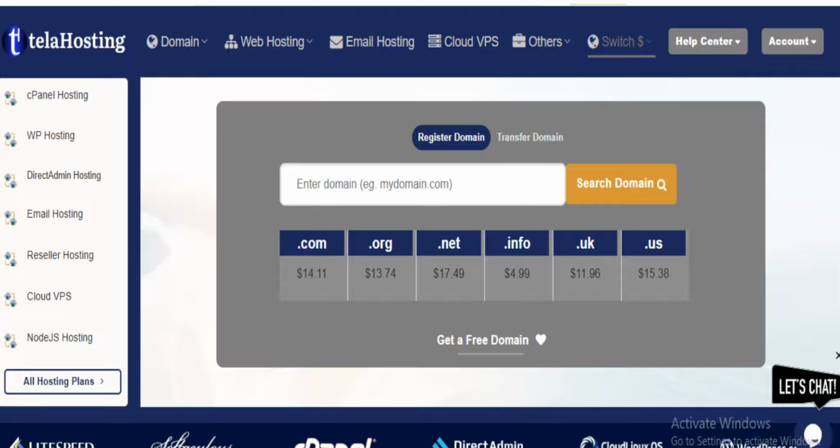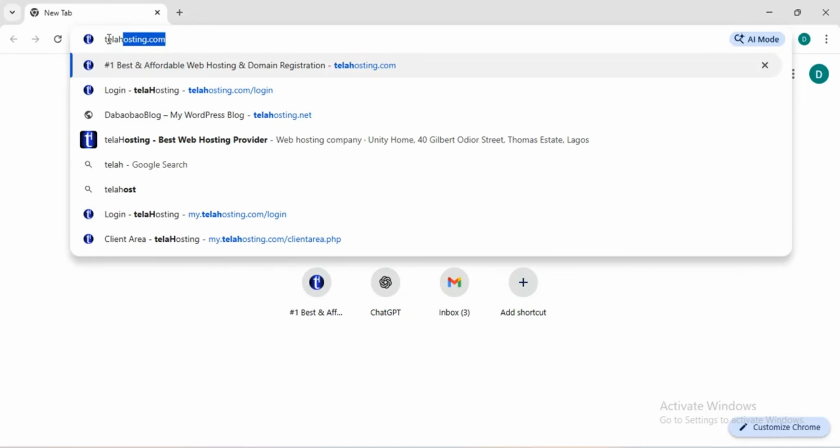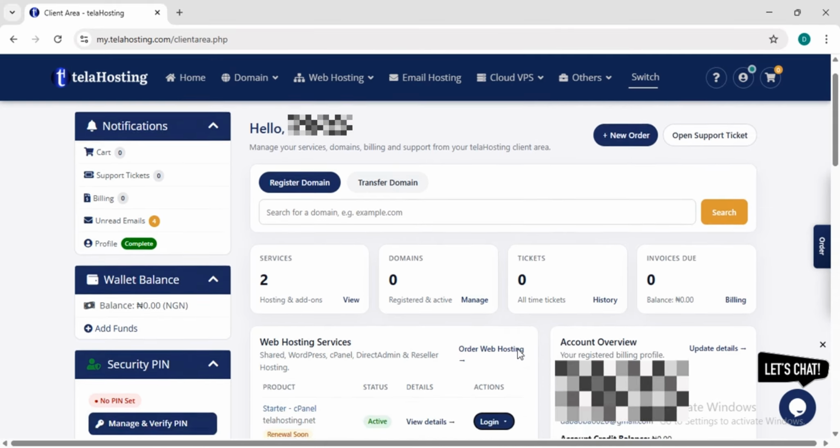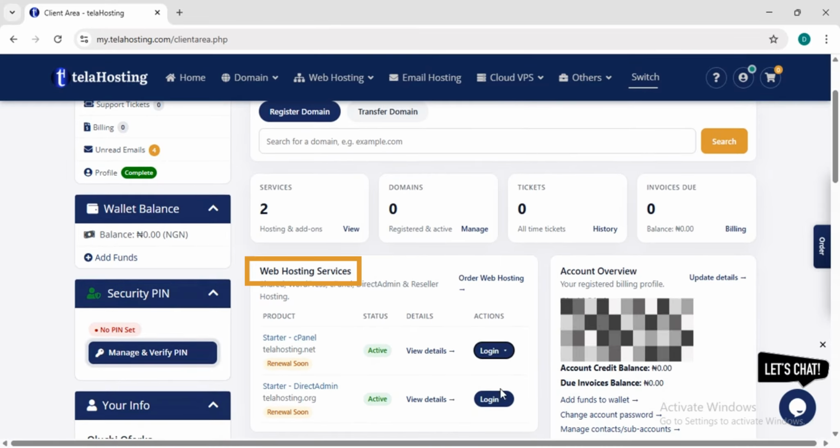In this video, I'll show you how to create a subdomain using cPanel on telaHosting. So let's go ahead and create one. First, you log into your telaHosting account. Once logged in, from your client area dashboard, locate Web Hosting Services, and on cPanel, click Login and log in